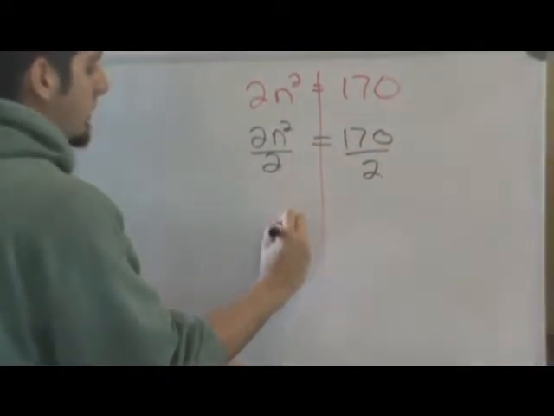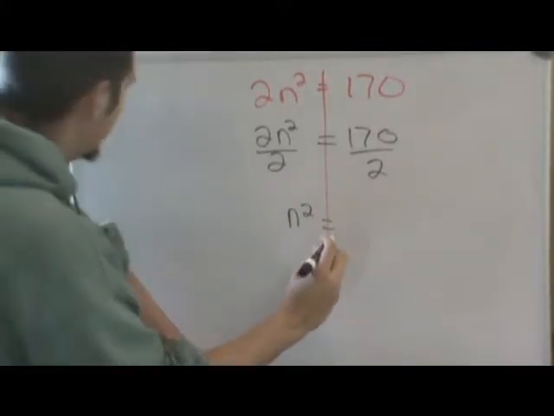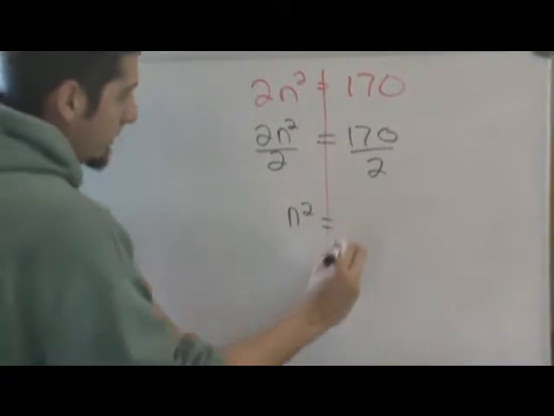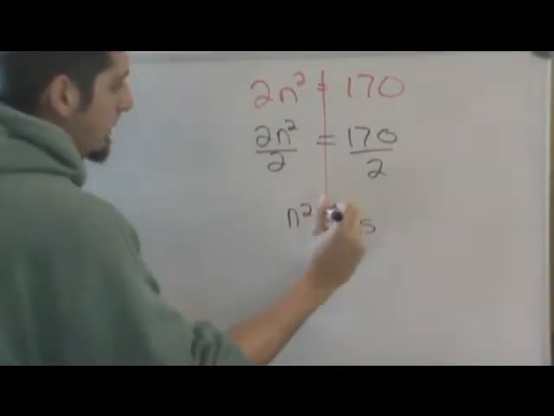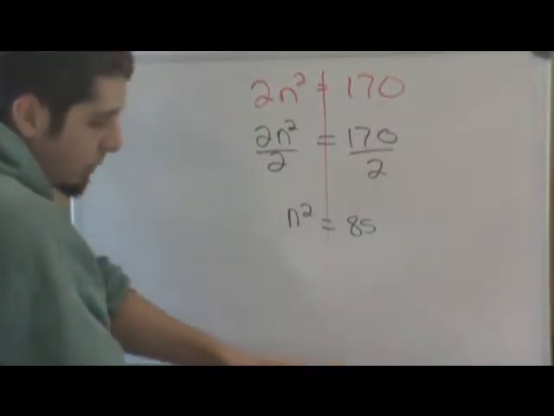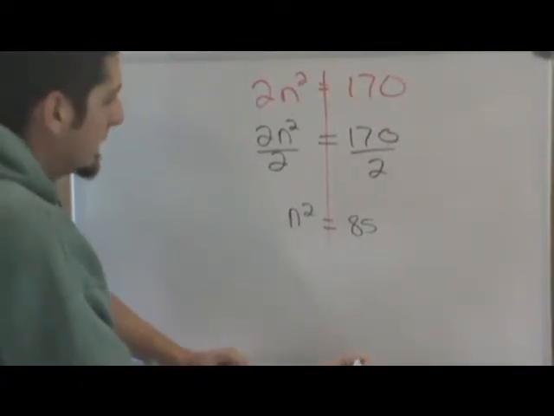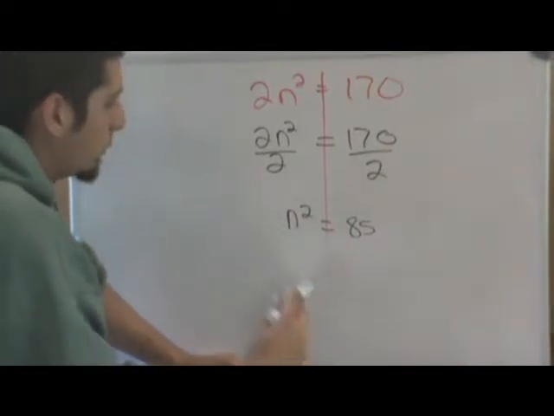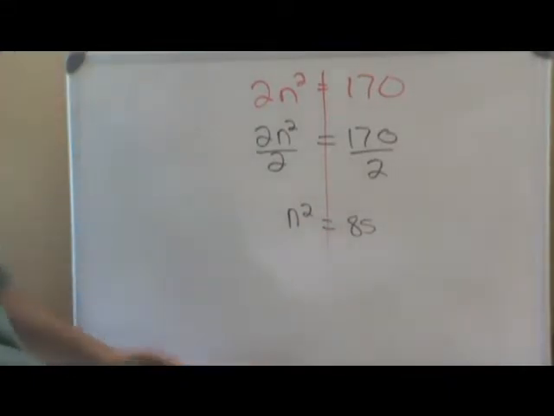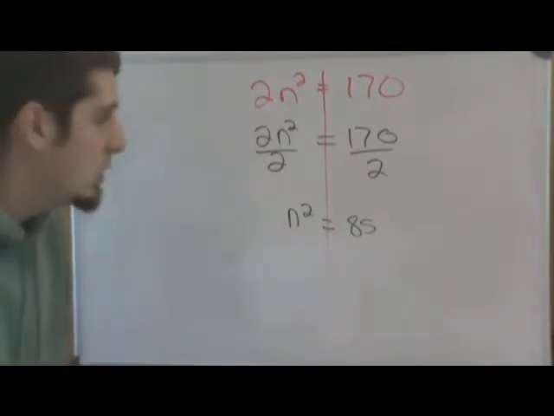And we end up with n squared equals 85. So at this point, in order to solve the problem, you would need to get rid of the square. So what we would do at this point is find the square root of n squared and the square root of 85. And the reason for this is because if you recall correctly, when we're solving multi-step equations,